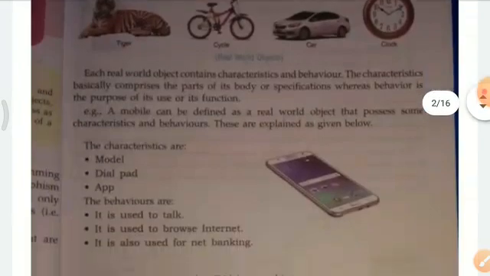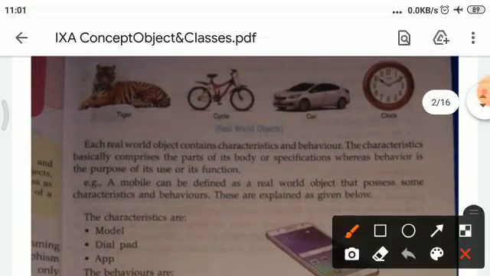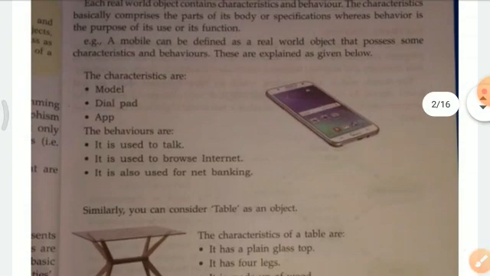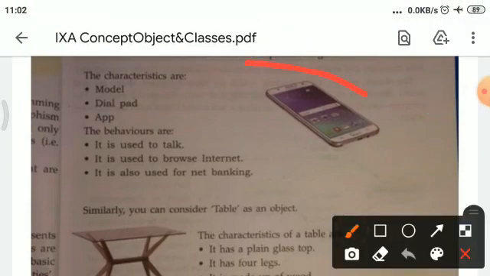As you can see in the examples: tiger, cycle, car, clock. Another example is a mobile phone, having the characteristics: model, dial pad, and apps.